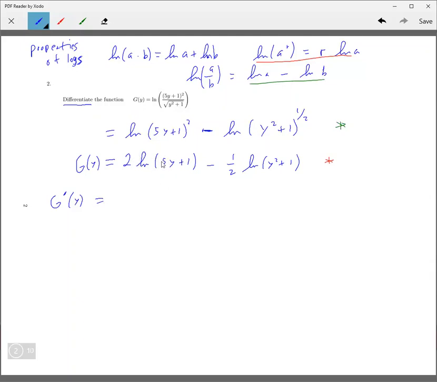Okay, so the derivative is 1 over whatever's there. But in this case, it's going to be 2 over that, times the derivative of this, which is 5. So derivative of 5y is 5, derivative of that is 0. So times 5. Minus, and then over here, it's 1 over this,